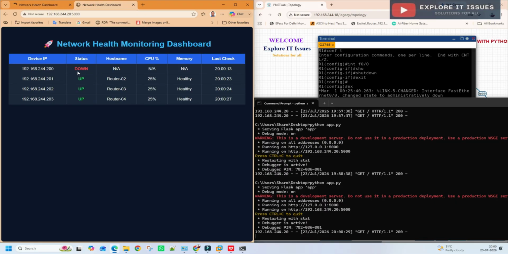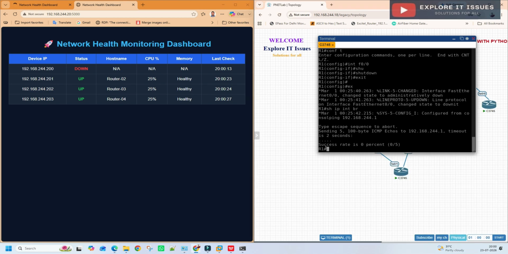See this, because I have shut down the port on R1, the dashboard is updated immediately and it's showing down.